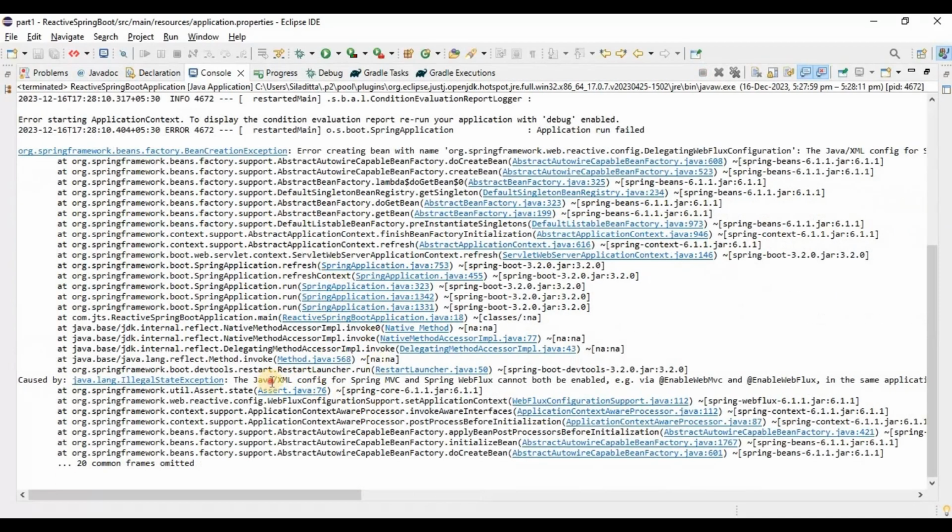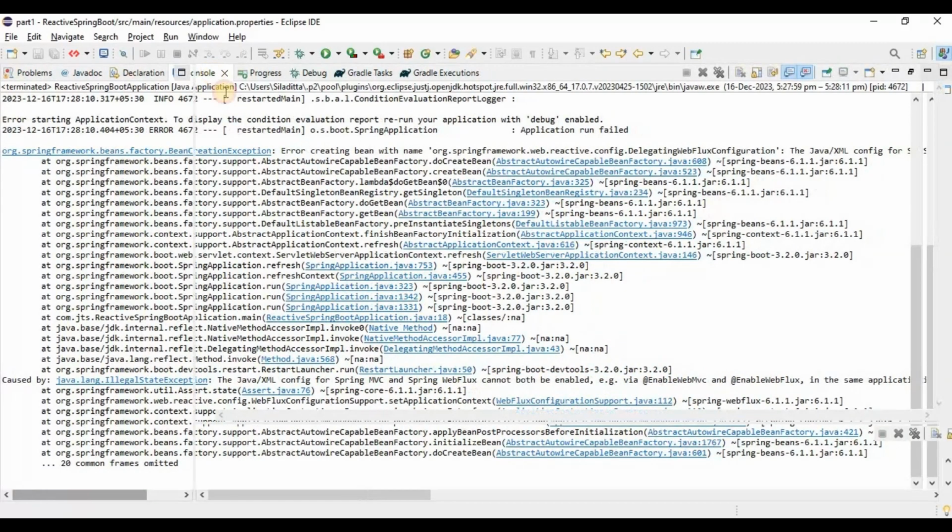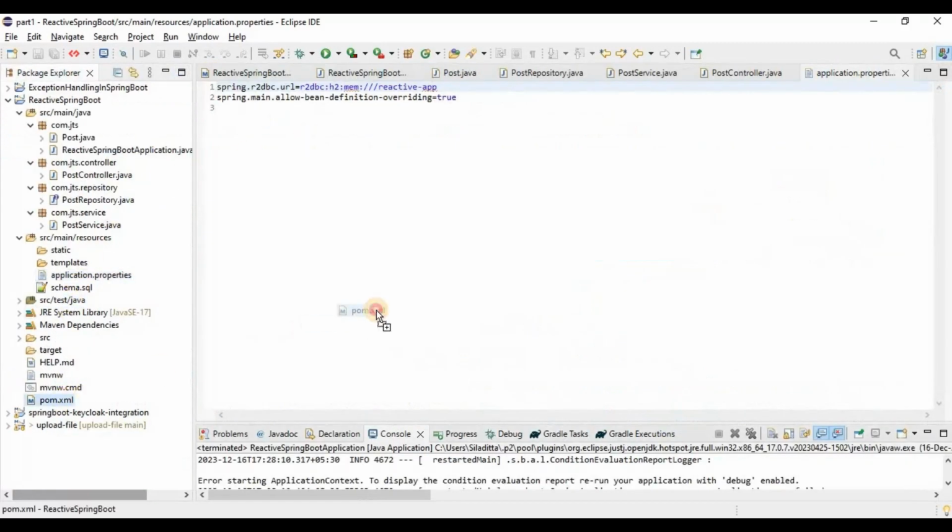Okay, now it is saying this XML enable, this enable web message and web flux. Both cannot be used together. Okay, I understand. So in the POM file, as you remember,